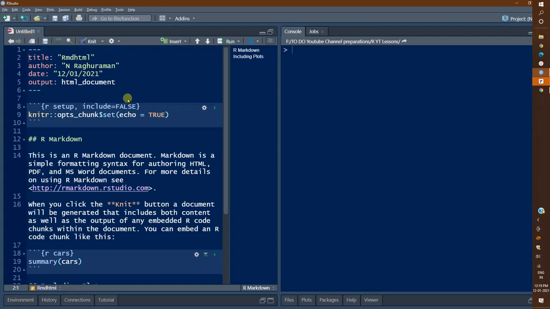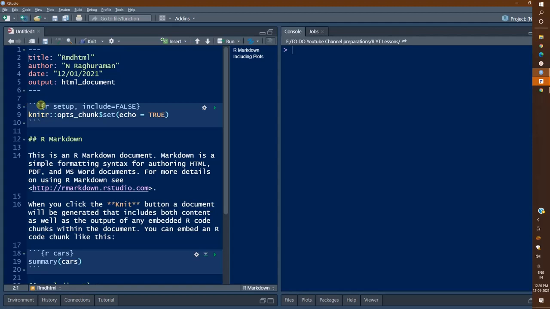And these first 4-5 lines, that is 1 to 6, are basically the YAML header, that is yet another markup language header. In this header you find title, author, date. These are standard options. The output type which we want is going to come up here. Now after that there is a blank line, and we can give one or more code chunks as we want. Here there is a code chunk and 3 backquotes are given.